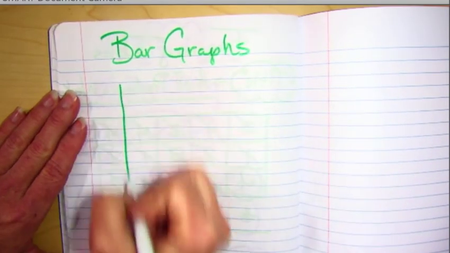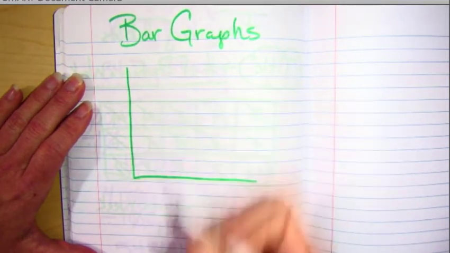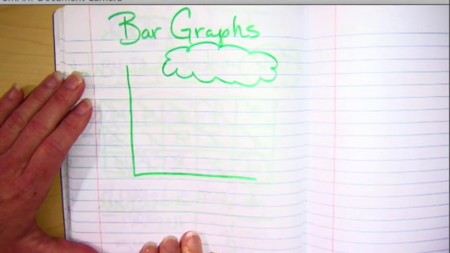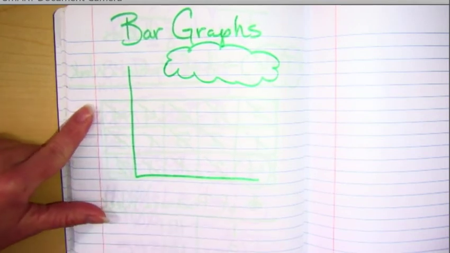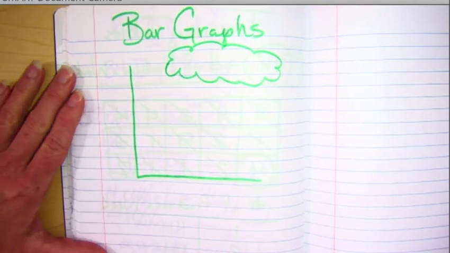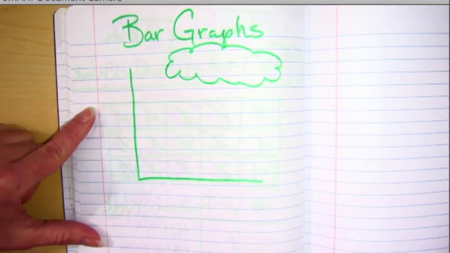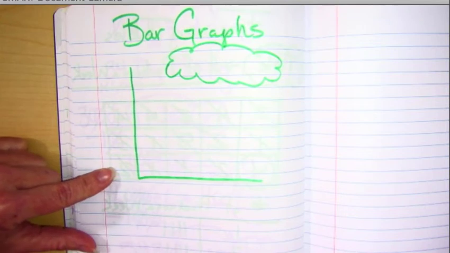Bar graphs are going to have two axes. This is your new stuff. You are going to have a title of some sort. And you're going to have labels on the X and Y axis. Which one is the X axis? The vertical or the horizontal? Horizontal. And the Y axis is the vertical. Good. Which one of these is going to have numbers on them? Kids that have done bar graphs before? Hudson?